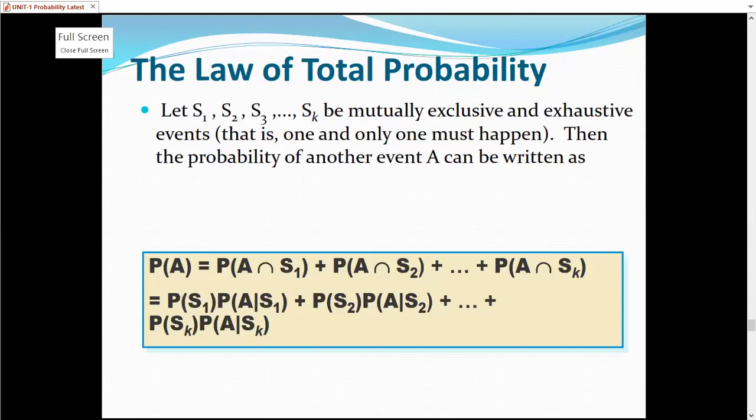So using the conditional probability definition, we can rewrite this one as probability of S1 into probability of A given S1 plus probability of S2 into probability of A given S2 plus so on, probability of Sk into probability of A